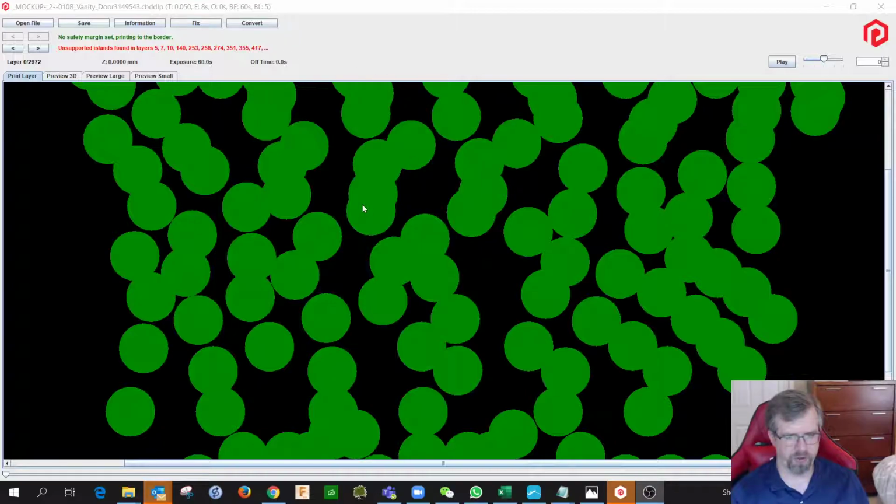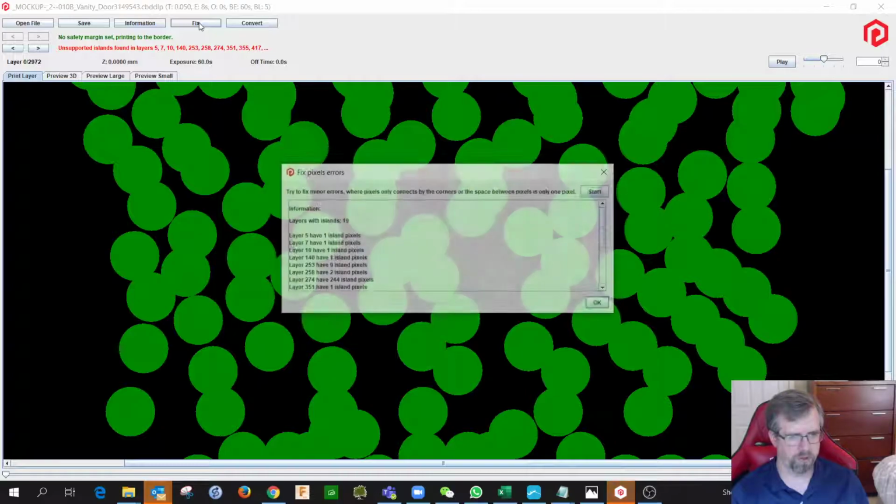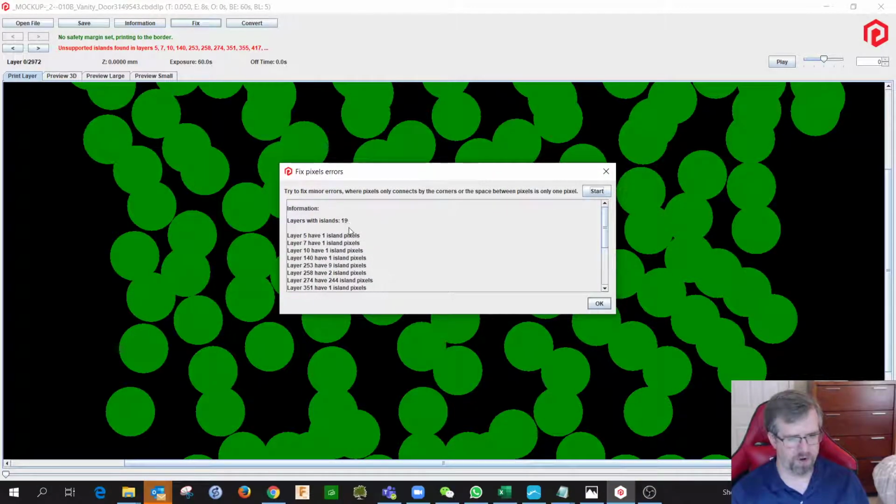Now the other nice thing about this software is it has in its abilities a fix button, and if there's anything that's very small, like a lot of these one island pixel problems, it's going to just kind of automatically blend those errors out. So you click on this fix button, it will tell you that you have 19 layers with islands, and you can just click on start. And it's going to go through this and try to figure out what it can do to repair that problem. So anything that says but nothing could be done,